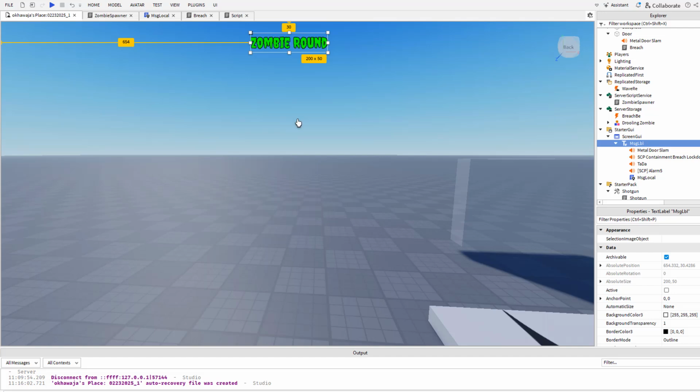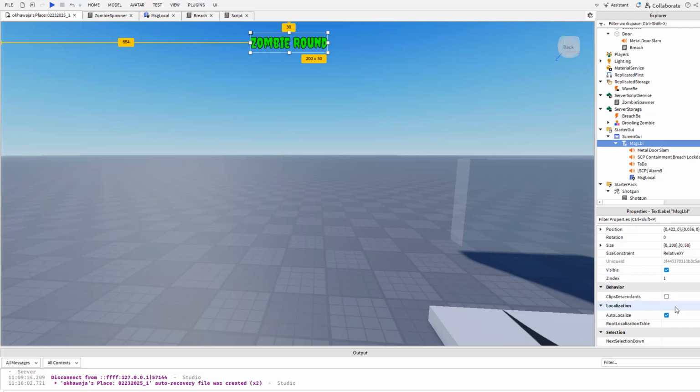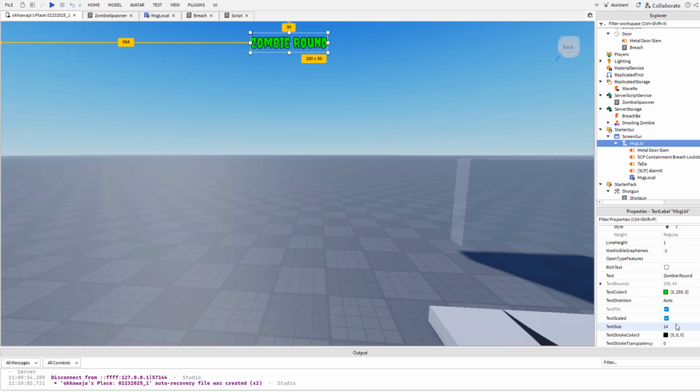It's going to be called message label. That's what I put over here. And here's the settings for the message label. Basically, you want to make the background transparent, so you just set the value to 1, and then you can just drag it and put it over here, in the center of the screen. Then you have a few other things like changing the font. So I've got the Creepster font, and then you're also able to checkbox other things in here like text scaled,